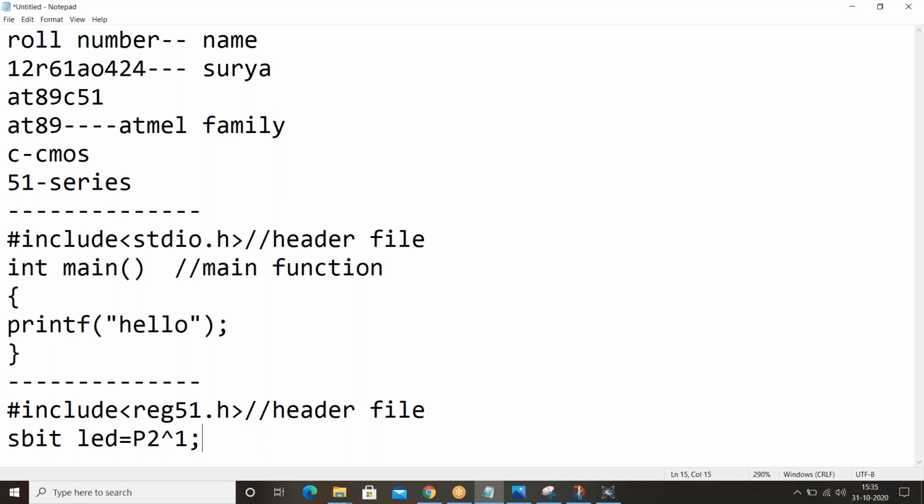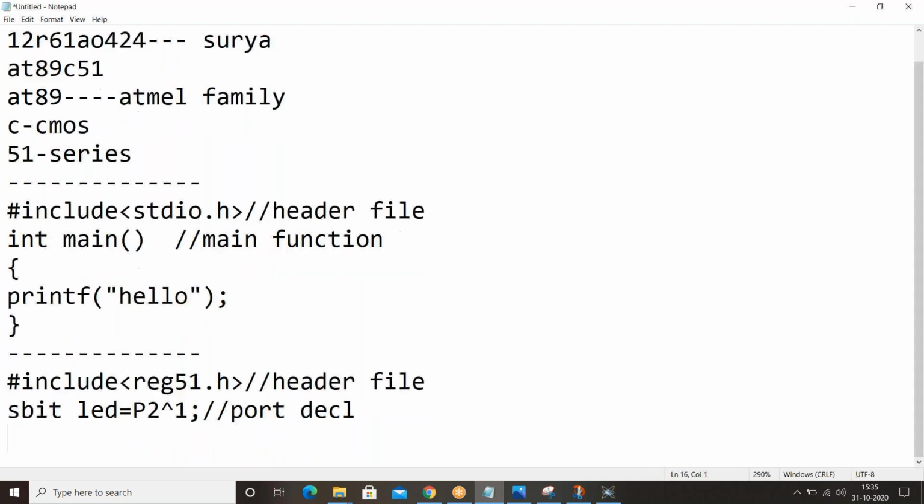This is the hardware part, or port declaration. Port declaration is our second step.